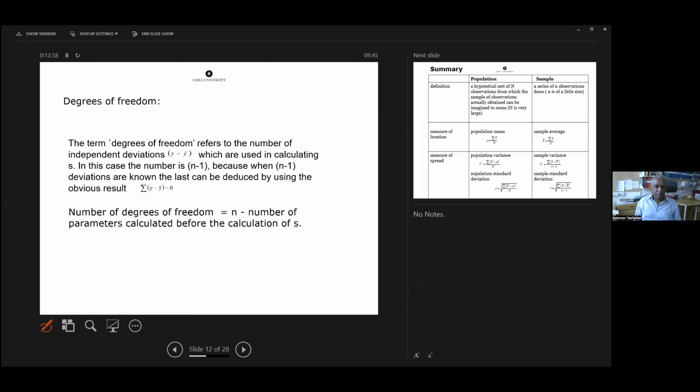And degrees of freedom, I don't know if I have time, but you can show why you need to subtract 1 from the number of measurements done, because if you have 4 or 5 measurements, for example, then you will be left with 3 degrees of freedom. What this means is, let's say if we have,